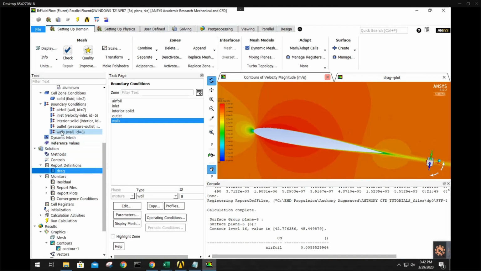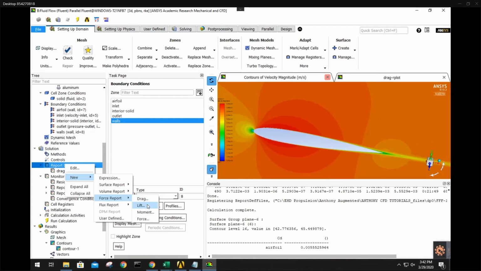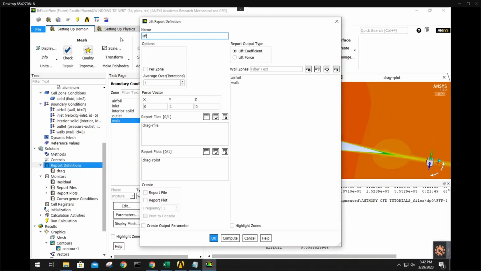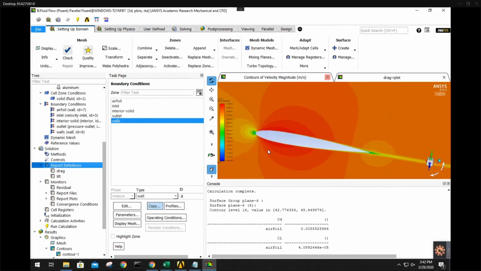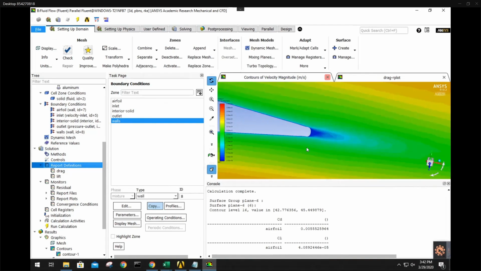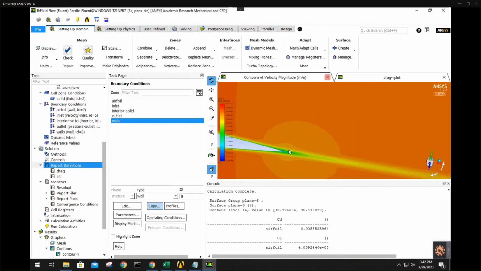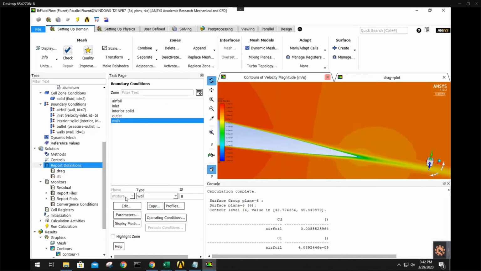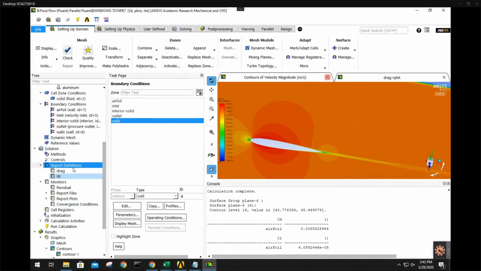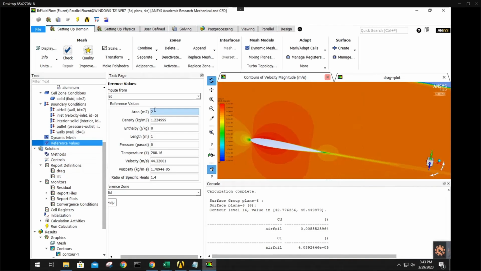And I can just see the lift too. I mean, lift right now, yeah, that's basically 0 because it's symmetric. I could let it converge more, but I think this wrong value of CD could be from a multiple of things. Could be the model itself, could be my reference values. So, one thing I can show you is if I change this to even say 10,